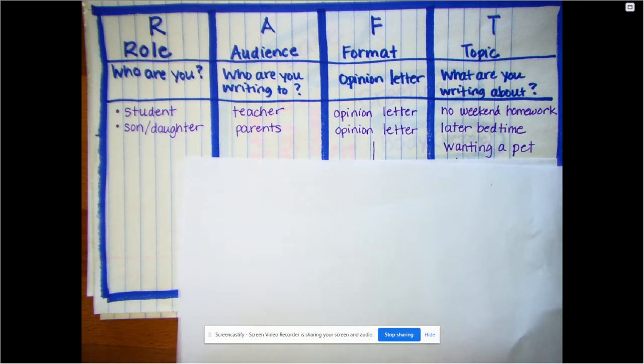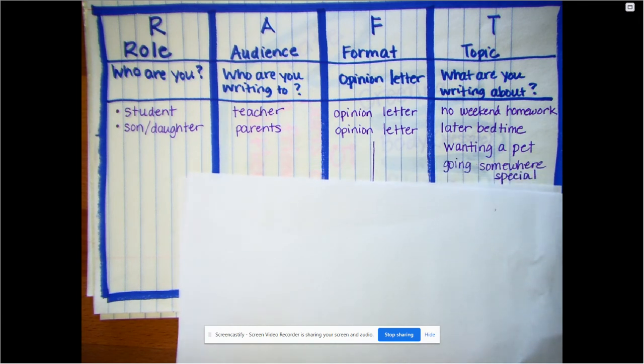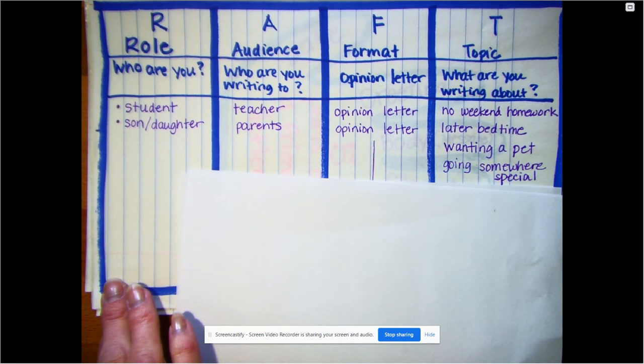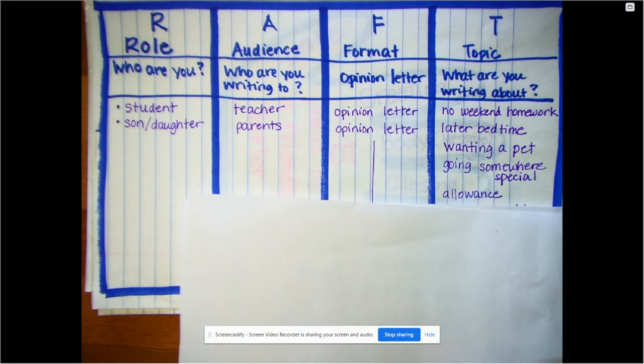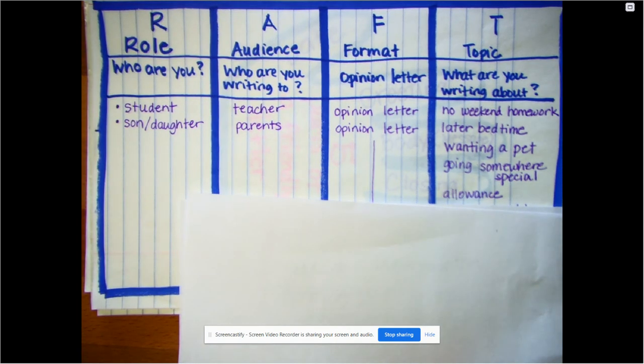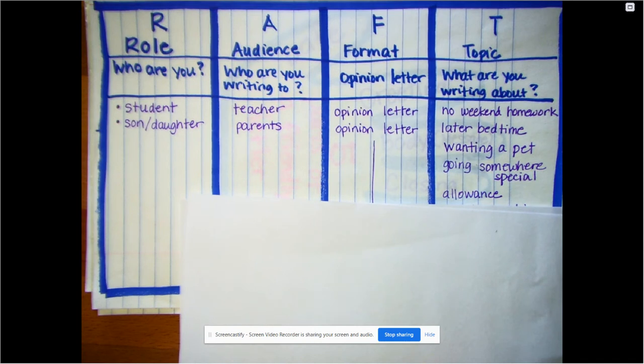Maybe you want something like a trip or to go someplace special, or maybe even a trip to Cedar Point, or you want to go to the zoo, or you just want to go to a friend's house, right? Maybe you want something special like that. Maybe you want to start getting an allowance, or maybe you want the amount of allowance you get to go up.